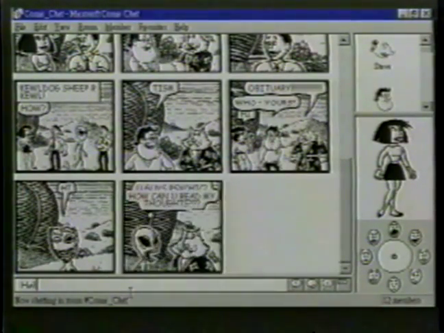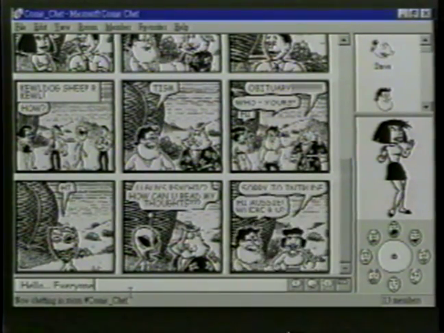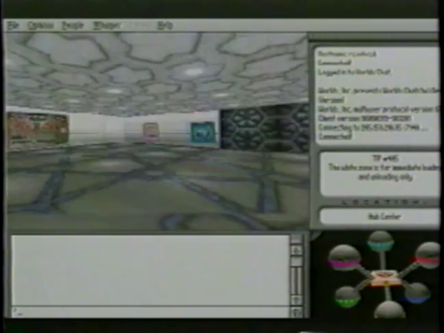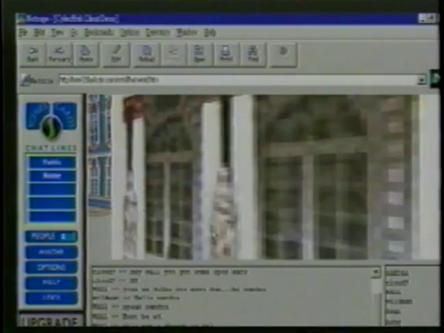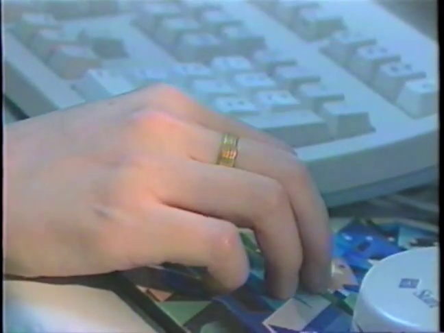As for the cartoon-style Comic Chat, users simply cannot command avatar navigation. The background scene is also limited to a handful of predefined sets. In three-dimensional virtual worlds such as World Chat or Black Sun, the amount of information required to process each avatar movement is very large, which makes navigation in these environments slow and unresponsive.